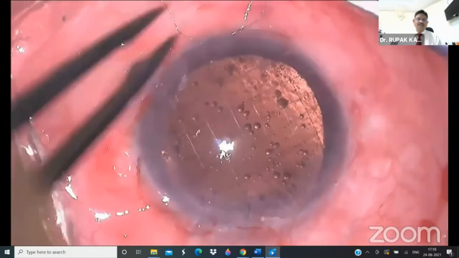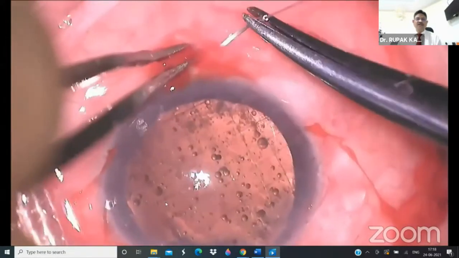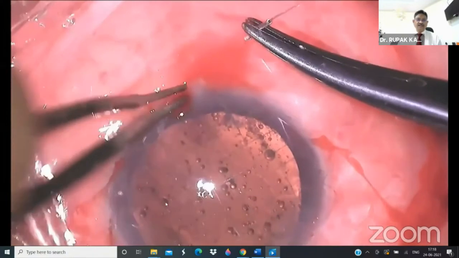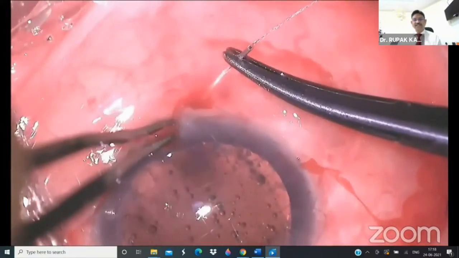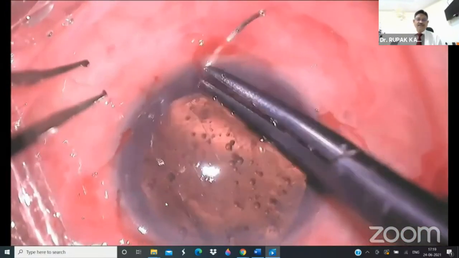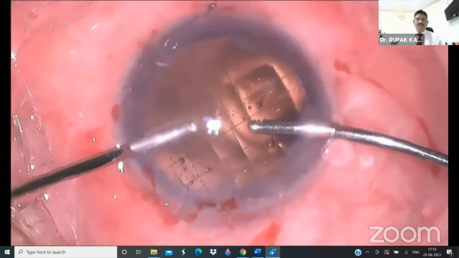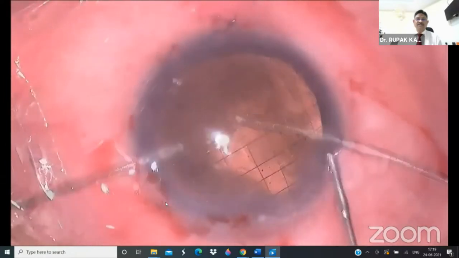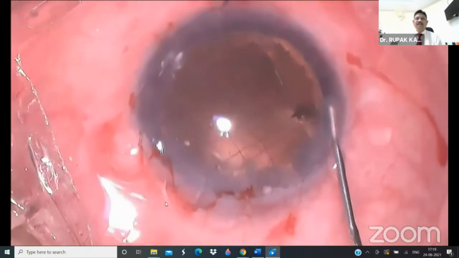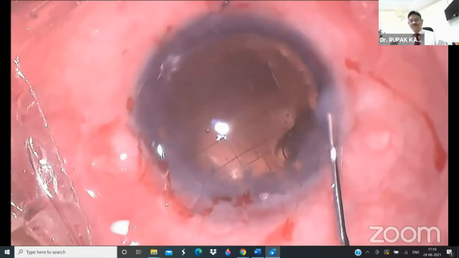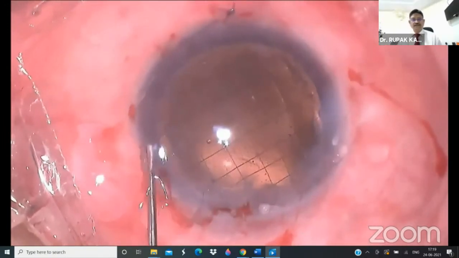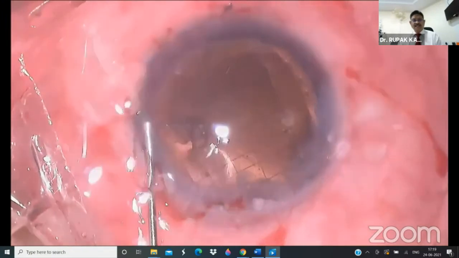The last knot, it was a continuous suture, so the last knot has been put. This is non-absorbable, so under the conjunctiva it has been buried. And then you can see the silicone oil bubble has completely gone down. To recheck whether it is completely down, we initially injected some amount of saline, and it was completely down, and both the side entries have been hydrated. So that's how, and this patient is doing well after this, and is quite well.